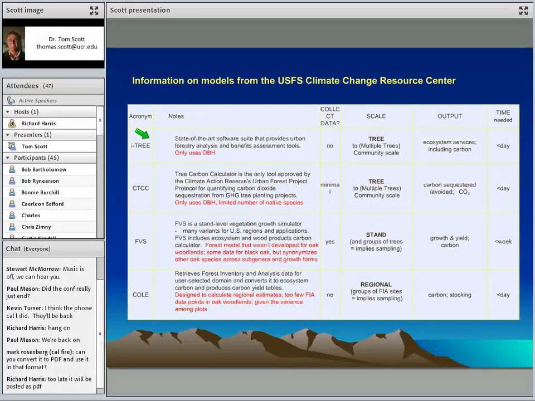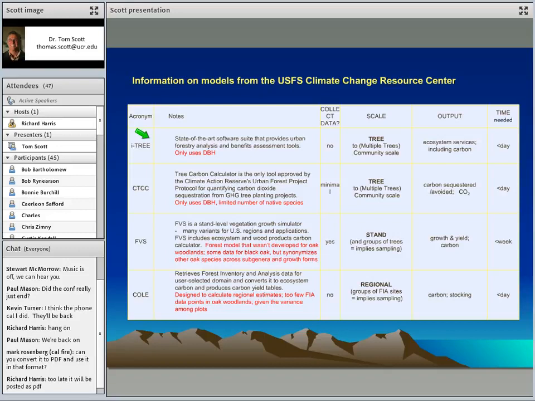If you look at these, let's start with whether or not you have to collect data. In the case of iTrees, you don't even have to collect data. FVS, you have to get the stand data out of the system, the FIA data out of the system, and then manipulate that. COAL, you don't have to collect anything. You just take the straight FIA data. And I'm sorry, when I was talking about FVS, what I should have said is that they actually suggest that you go back and do measurements, or that you correct for what they have given you as tools.